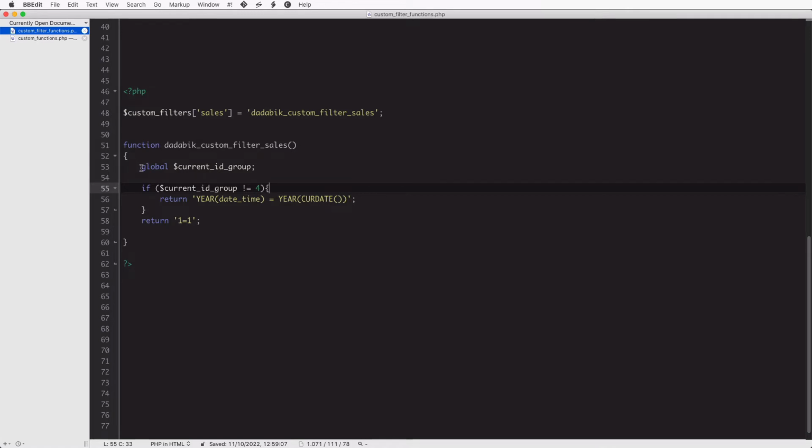So, global current ID group. This just means that we want to use this global variable that Databig provides, current ID group. This contains the ID group of the currently logged in user.